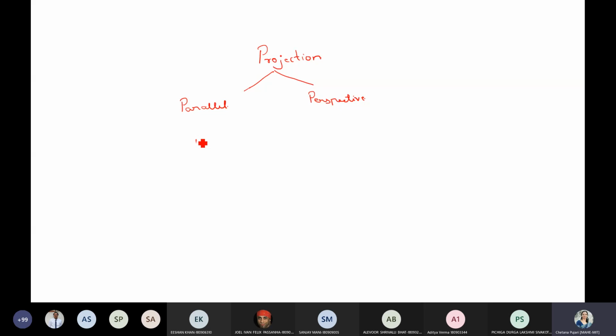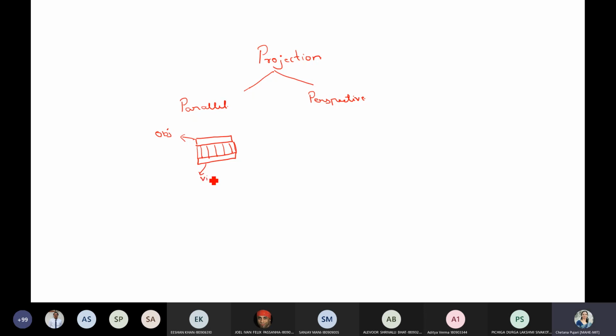Say for example, this is our object. You are going to draw parallel lines like that so that you get the view over here.